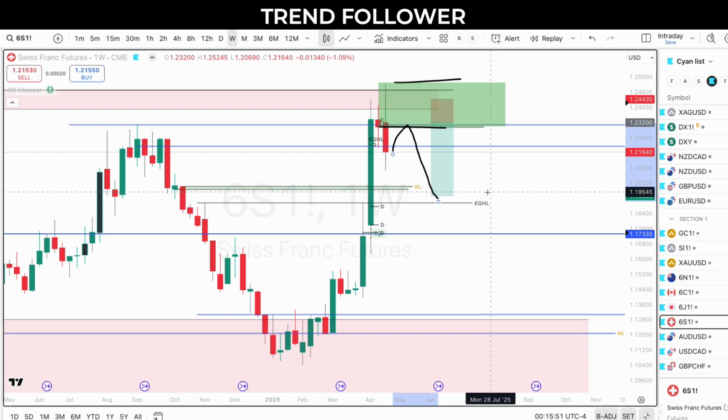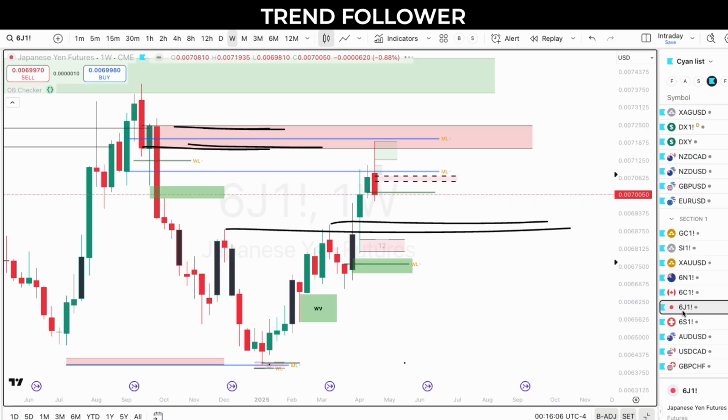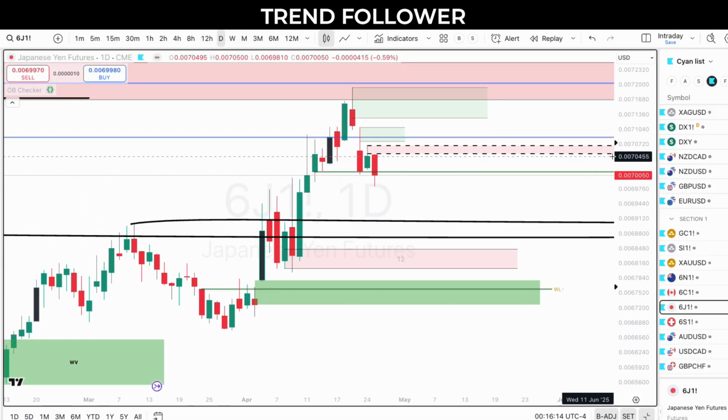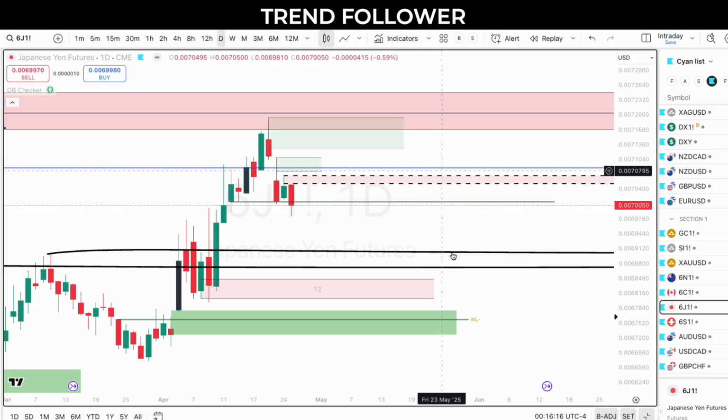That's why I held GBP CHF for so long, for a whole week, because I knew for some reason that something like this can happen, and I still feel there is a lot of space for it to continue. So on JPY, similarly on this, I feel there are particular areas, and then more importantly, what I'm seeing is